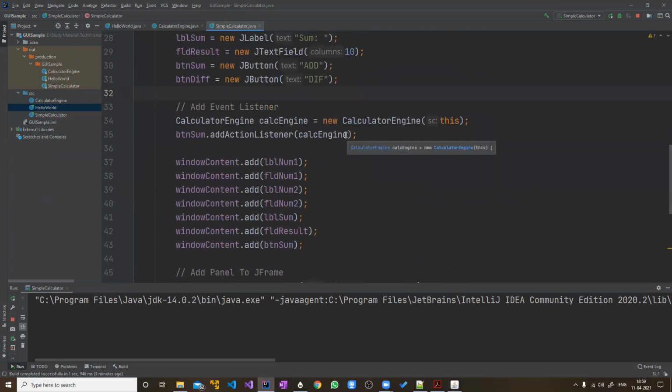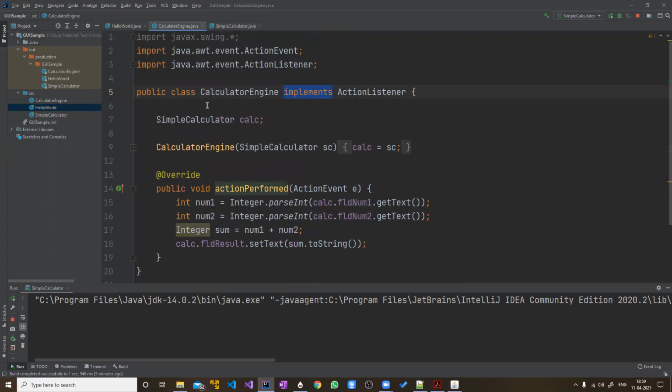Now, what are we going to do? There are two options. One is to create a different action listener for this button. Just like we have a calculator engine here, I'll rename it to calculator sum engine, and I'll create another duplicate class called calculator engine difference.